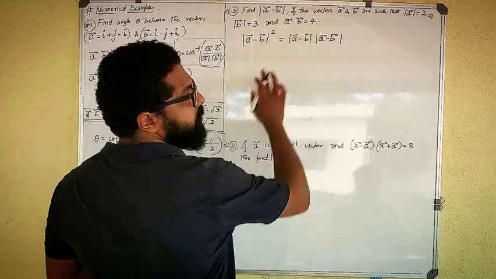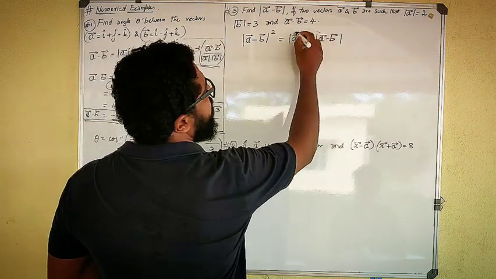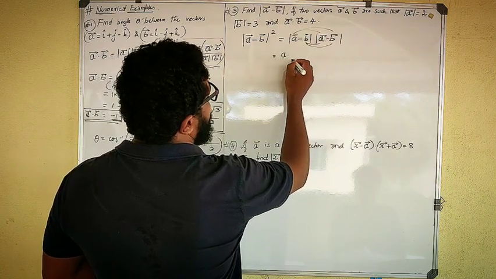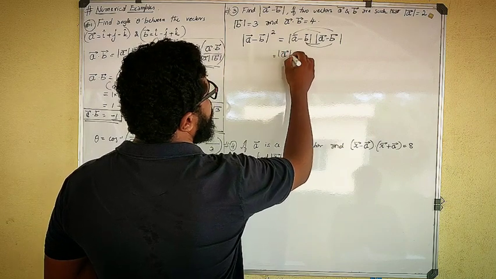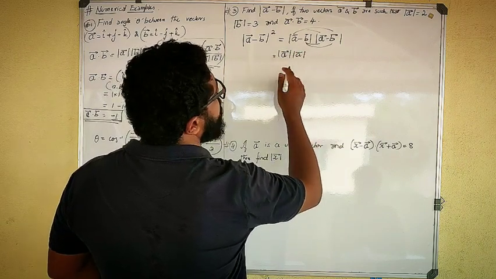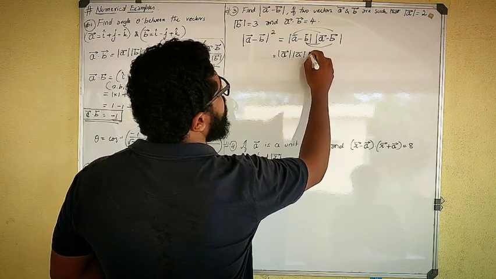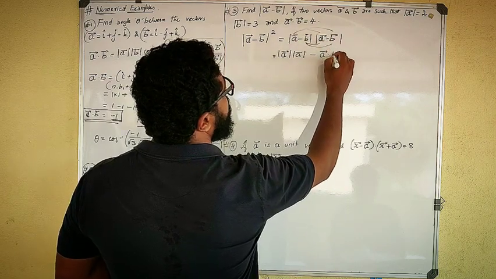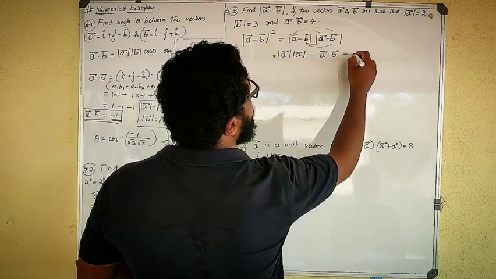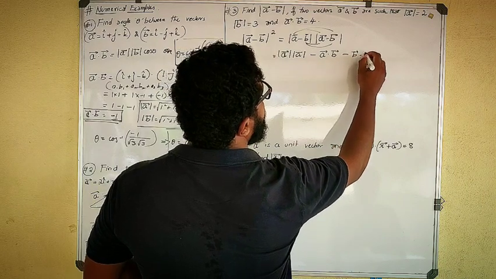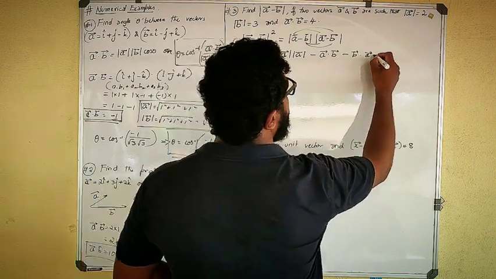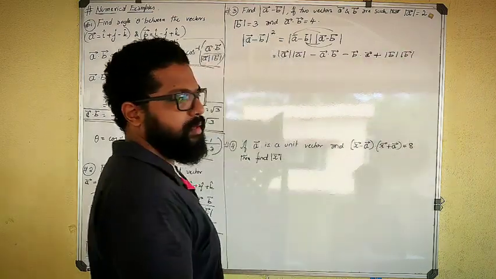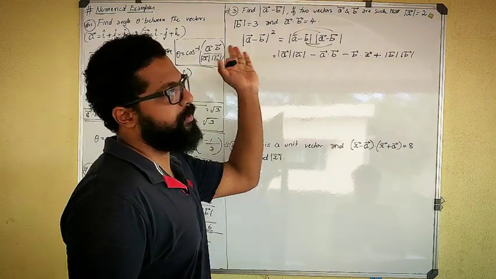Okay. Correct? This into this. So now if I multiply it inside like this, it will become A dot A, magnitude of A into magnitude of A, then minus A dot B, then minus B dot A, okay, then last it is plus magnitude of B into magnitude of B. Clear? So this is how that formula itself, A minus B whole square.